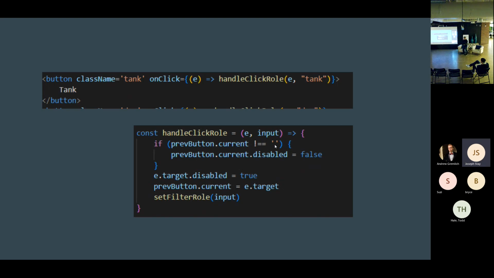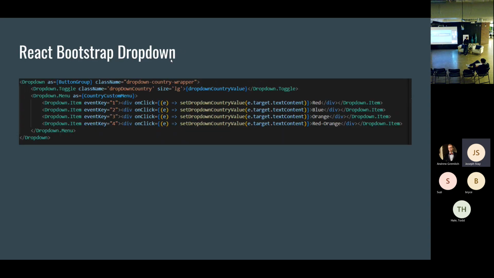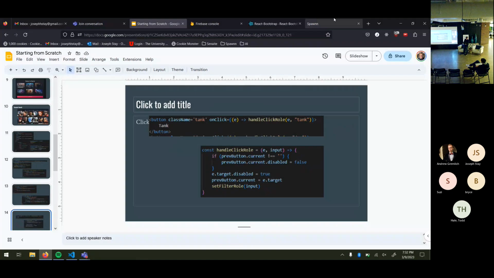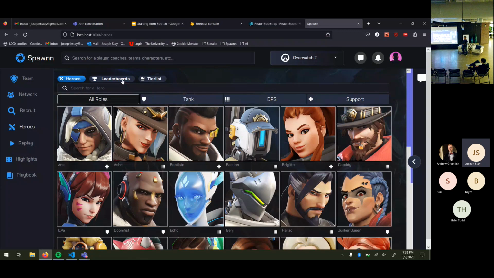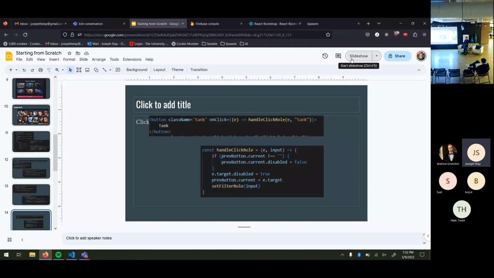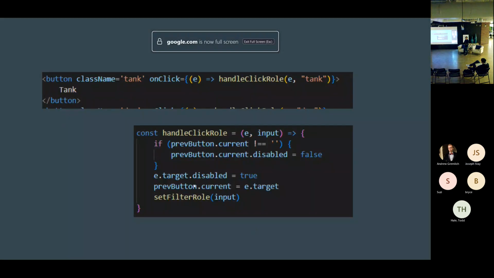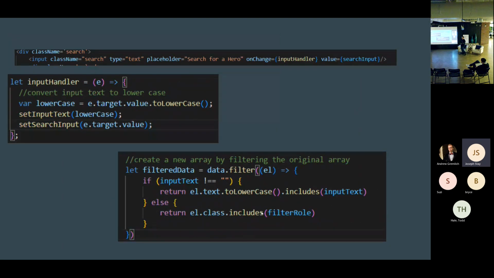And with that, what I'm doing is basically the same thing that I was doing earlier with the buttons up top. Setting the current one to not selected and selecting this one to selected, but then going into the filtered data and setting the filtered role, which we see right here.